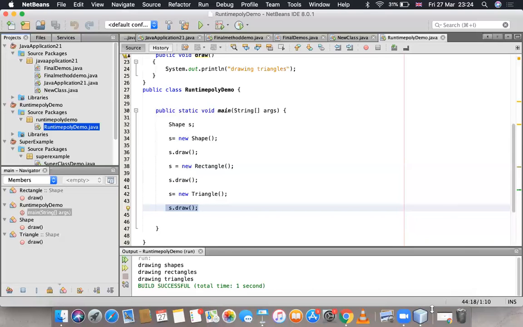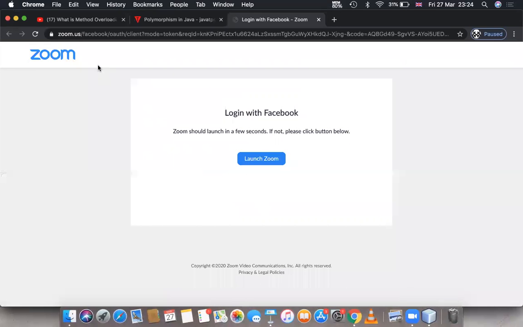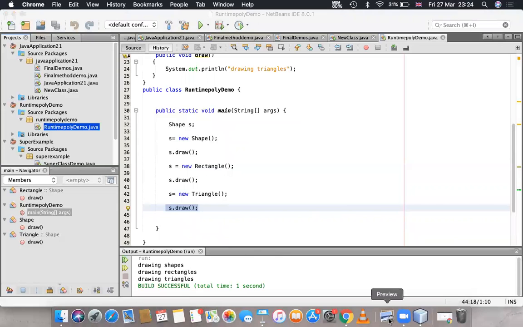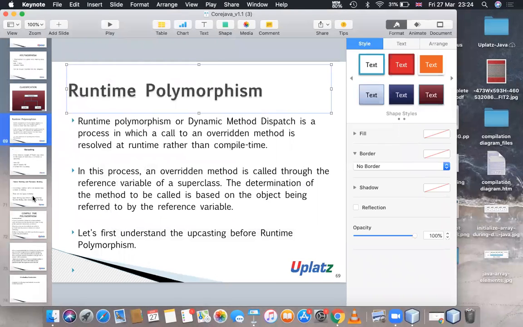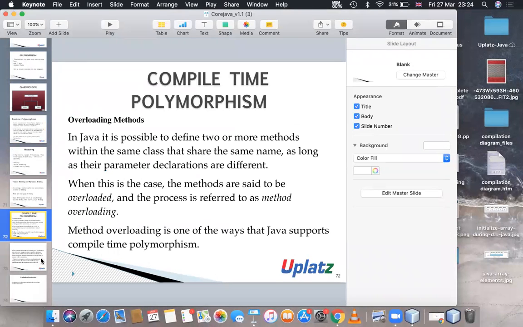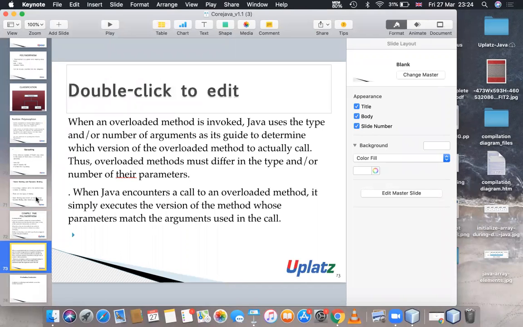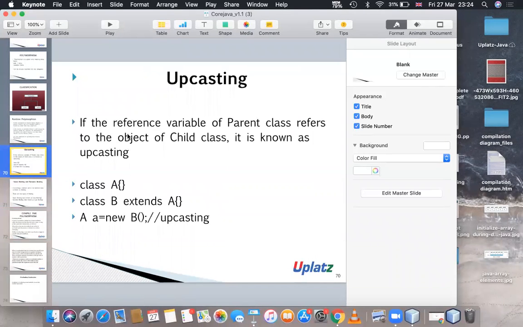Now if I go to this presentation, my presentation is behind this, I guess. Runtime polymorphism. This is what I meant by upcasting. I said that there is something called upcasting. That is, if the reference variable of the parent class refers to the object of the child class, it is known as upcasting.